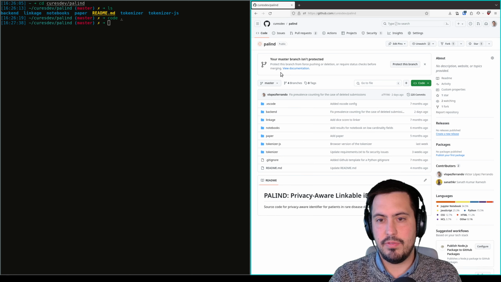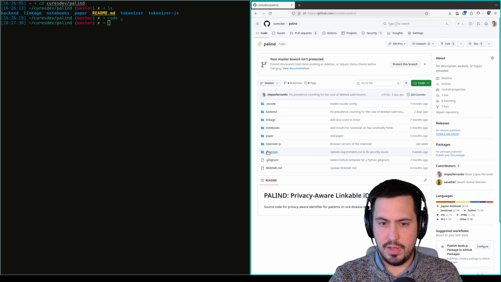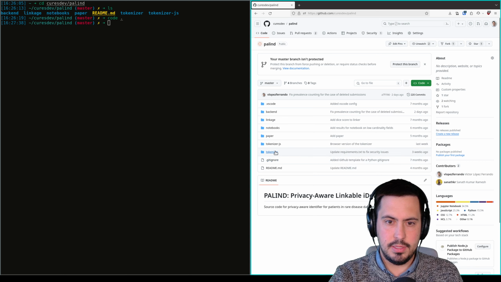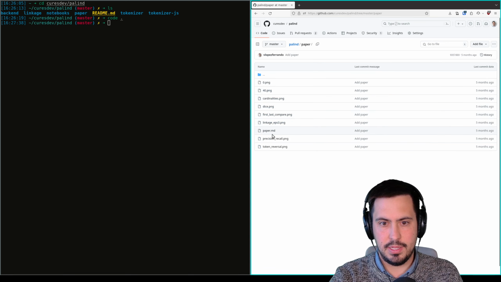We'll first see how the code is laid out, and then we'll run the Palind backend and see how to work with it. First of all, let's see the files we have here. The paper is this markdown file that has some information. It is not exactly a paper, but it has some information of the methods that we have developed for both tokenizing and linking